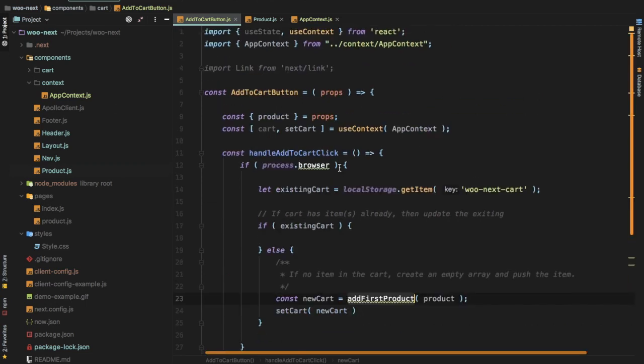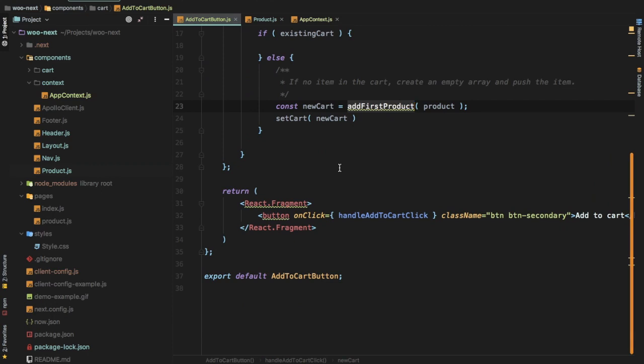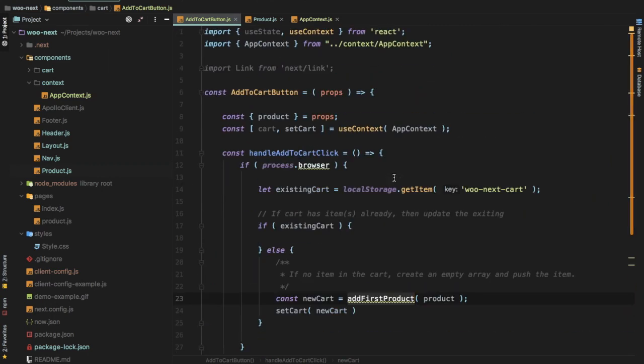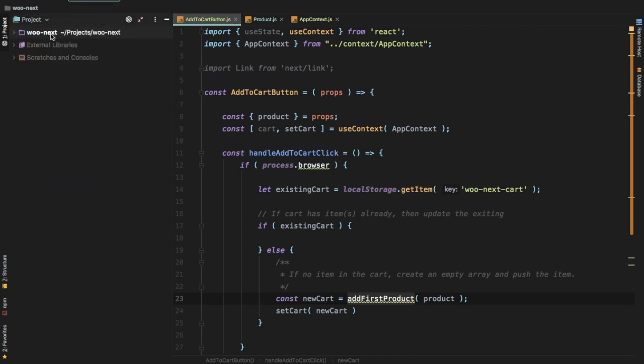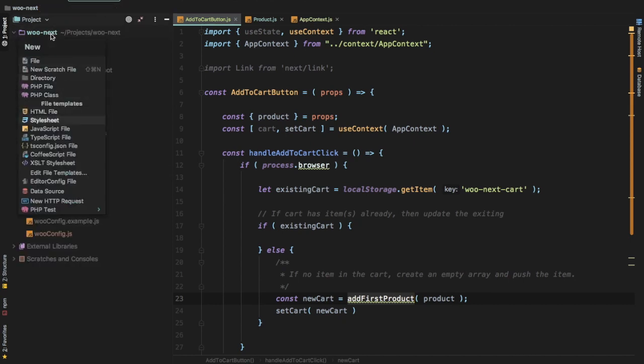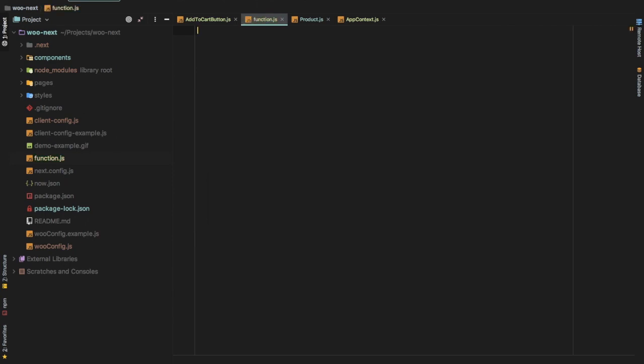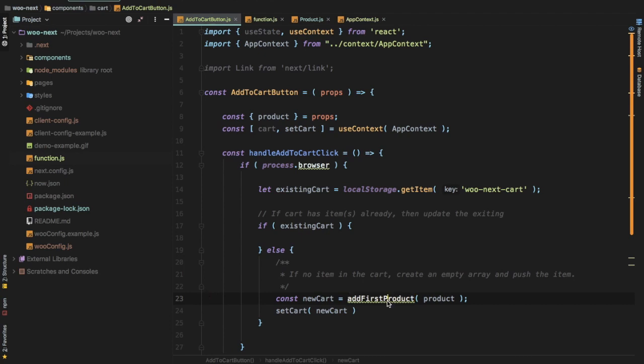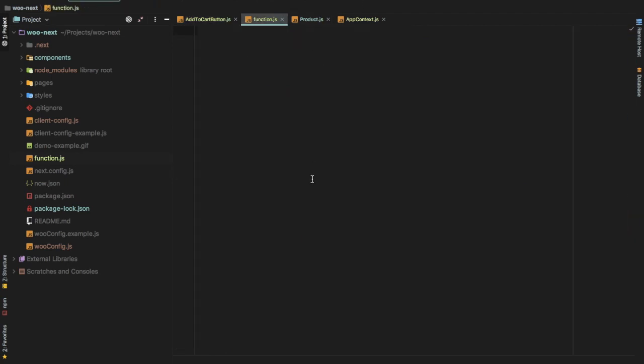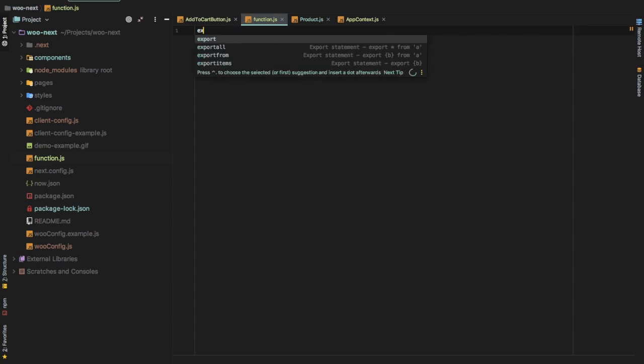and rather than making this component dirty by putting everything here, let's make things simple by going ahead and isolating things. So all the functions, we are going to keep it inside of functions.js. So inside of the root directory, let's create a functions.js file. Okay, and this is the place where we're going to create the function, which is the addFirstProduct. Okay, so let's create one. We're going to say export const